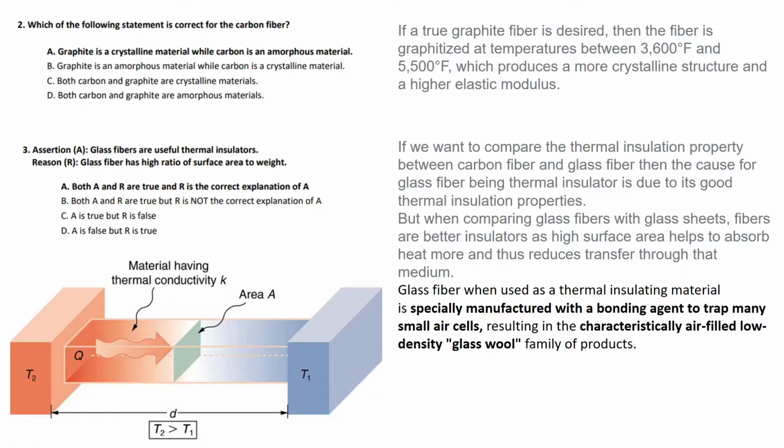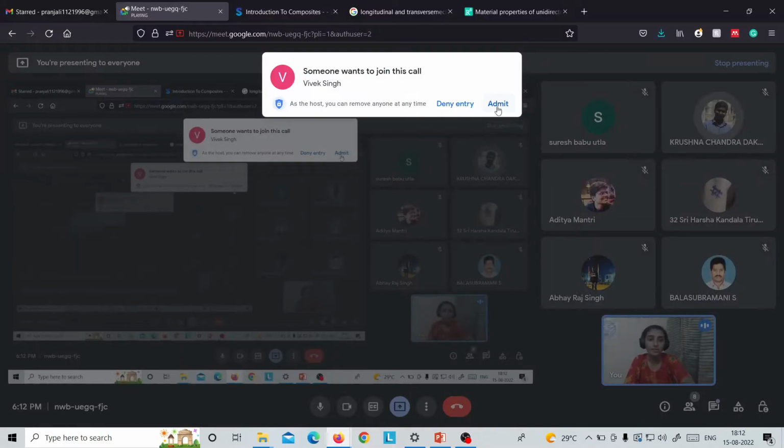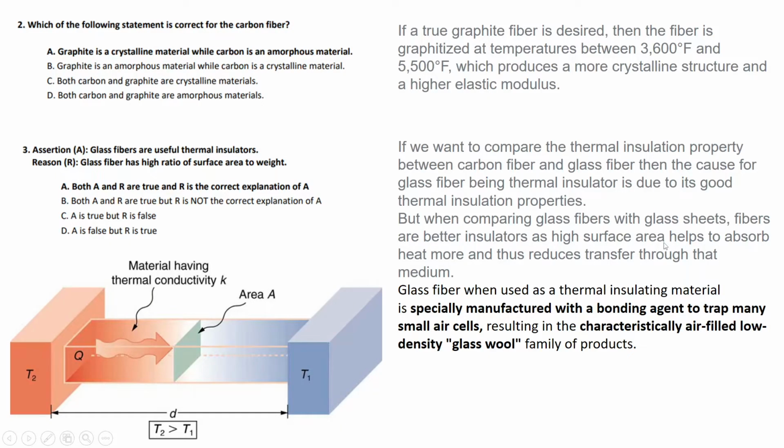So if there are a lot of carbon fiber like glass fibers present in a medium and we apply heat at one end and it is said to pass through this entire medium and be transferred to the other end, then all the glass fibers which are present in between will have higher surface area, therefore their absorptivity would be quite high, and the amount of heat they'll be storing within themselves will also be quite high as compared to a single glass sheet would be which would be present at that particular surface. And therefore the glass fibers will have high thermal insulation due to their high surface area to weight ratio.